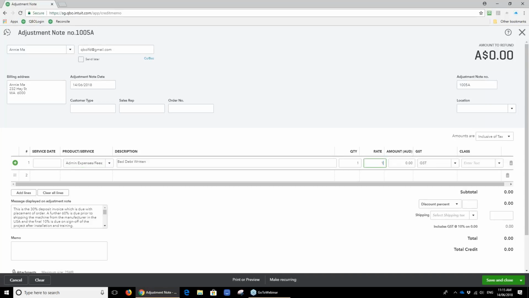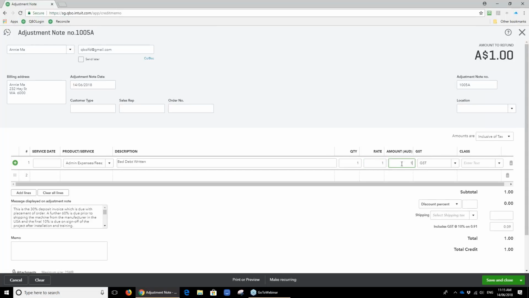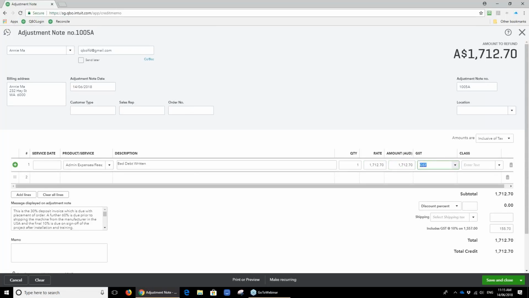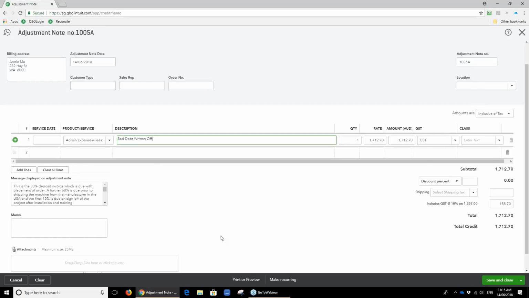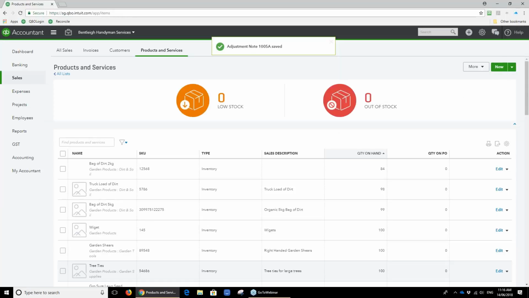and the amount. So she's got $1,712.70. Let's do that the wrong way. So now that's going to go back to my bad debt written off. And whatever information you want to put into that, you could attach a copy of the invoice or any documentation you have onto here as well. I'm just going to save and close that,